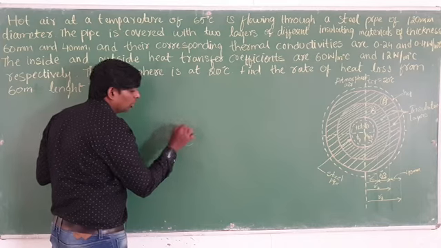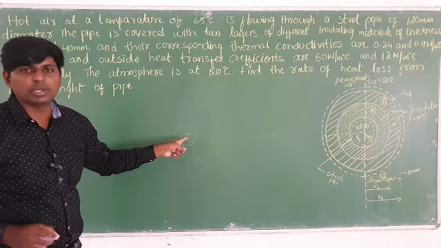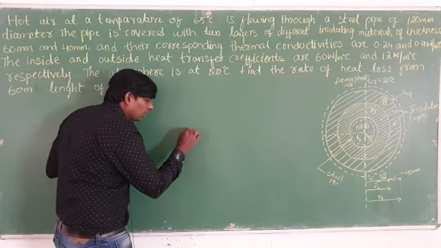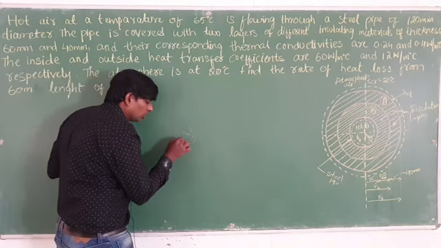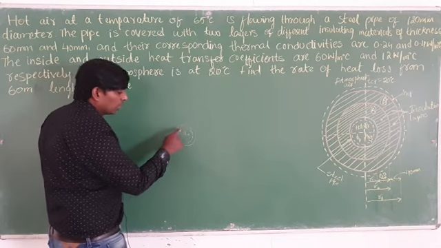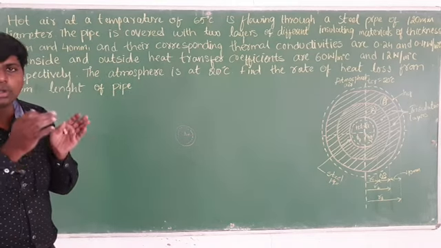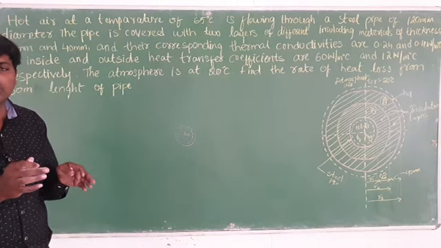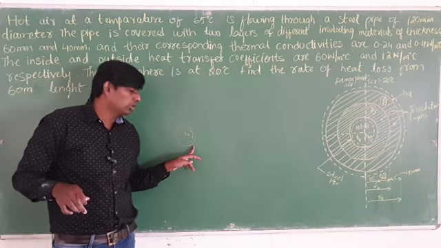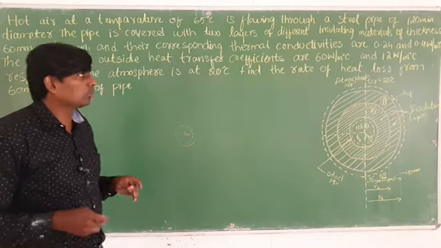Inside, what is there? Hot air is there. Which pipe is it? A steel pipe is given. Inside, hot air is given, so you have to indicate it like this. This one is the hot air and this one is known as the steel pipe. Normal air need not be considered; if hot air is there, you have to consider it. This one is known as convection and this one is known as conduction. You have to remember that.